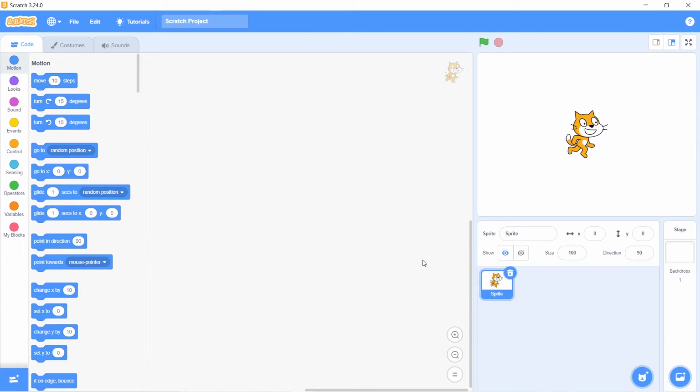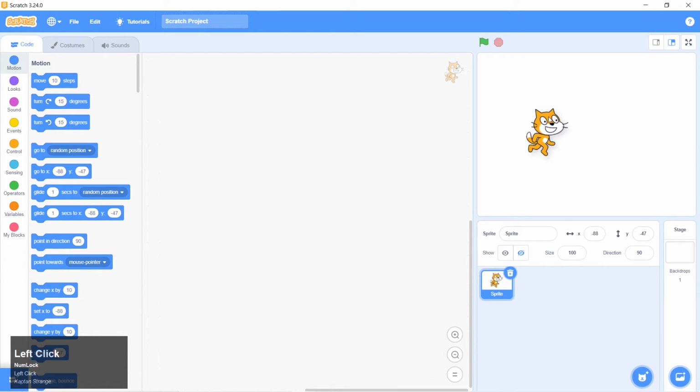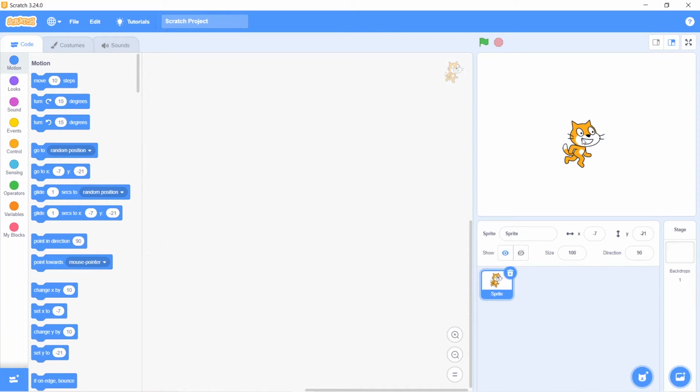Okay, so we are going to make a game. Every game needs characters, a mission, the way you play the game, its tools and everything. So for that, the first thing that we need to do is bring in characters. Now characters in this programming language are called sprites. Okay, so today we'll see everything about sprites.